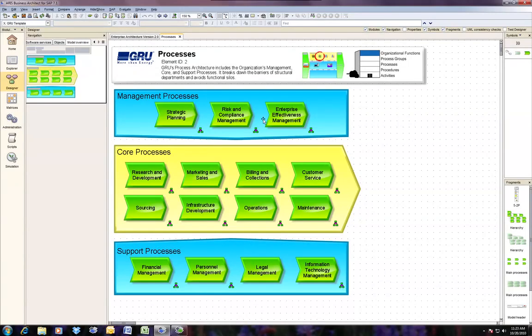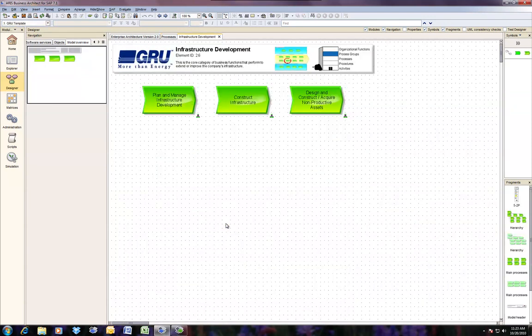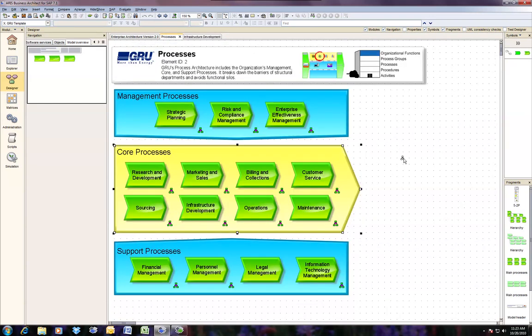Okay, so today I'm going to show you how to make the model breadcrumbs that we keep in the model headers. For this example, I'm going to run through how to do it in infrastructure development from the processes model. As you can see here, it does have a breadcrumb, but this is the old processes model. So most of these you're going to see that we need to update them. So we'll go back in processes